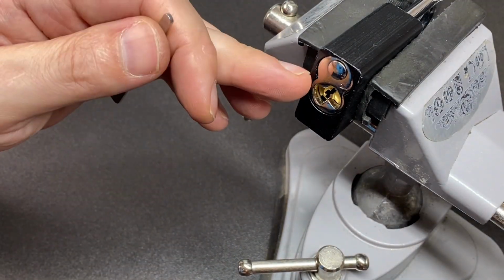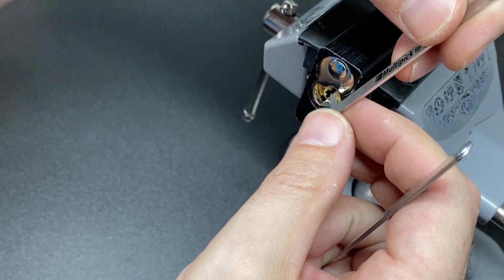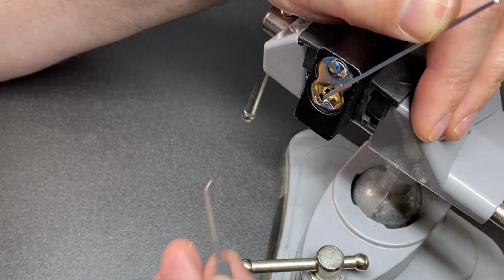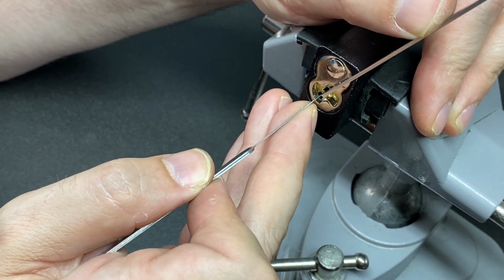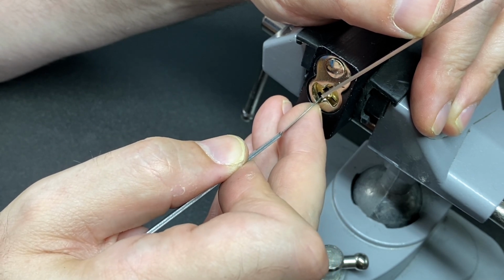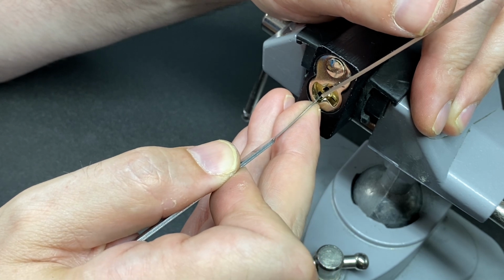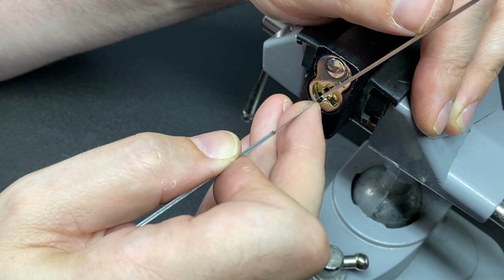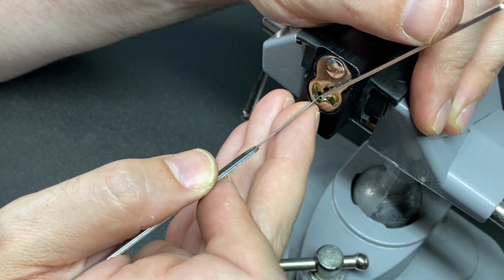So I have an American lock in the vise, and I'm going to be using a 0.4mm pick, and this is a 1.3mm top of the keyway tool, which is perfect for this lock. The idea is that this keyway is so wide, you could probably get away with a 0.5, but this 0.4 just glides into this keyway. It's so nice,